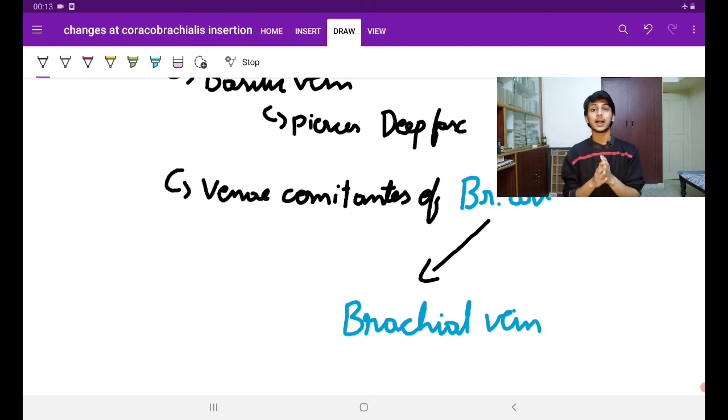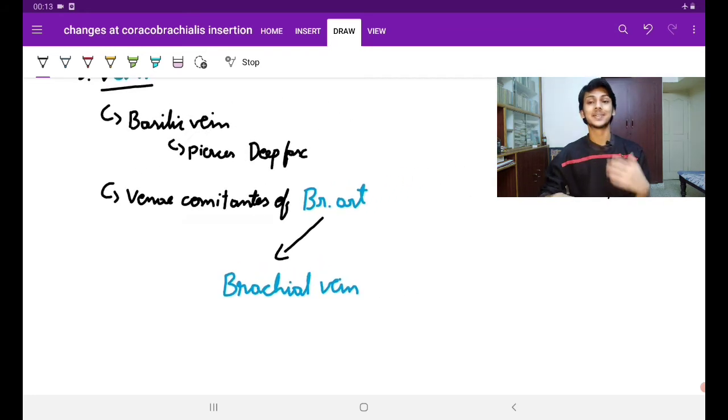Whenever the blood is flowing through the artery, the pressure will be high, it will give pulsations like this, the artery. So the veins are around, those pulsations help to propel the blood forward. So that can improve the venous return. Isn't it interesting? Yes. Now let's go to the next topic, guys.